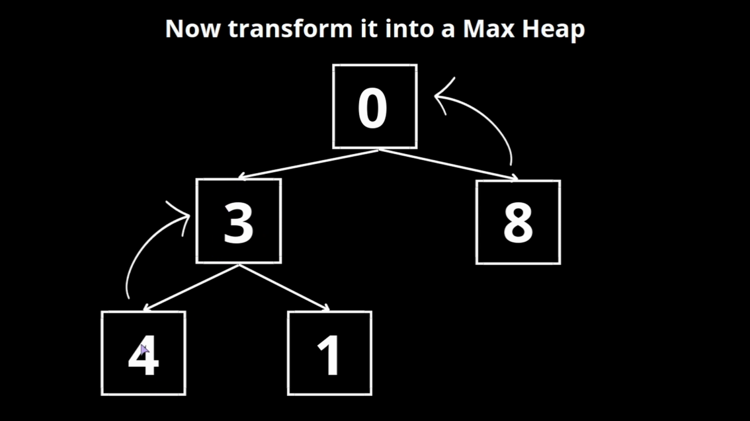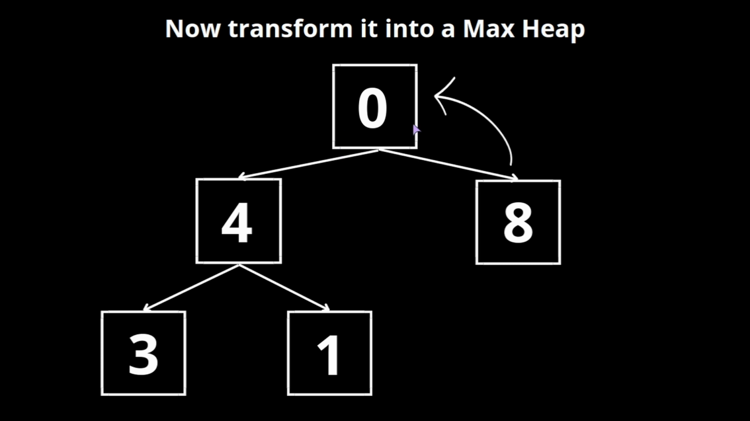The way we're going to do this is swap the elements from down below that are greater than the parent node, and find a way to push the biggest elements to the top. In this case, we're going to swap number 4 with number 3. Now this subtree is a max heap, because 4 is greater than 3 and 1. And now we have to fix